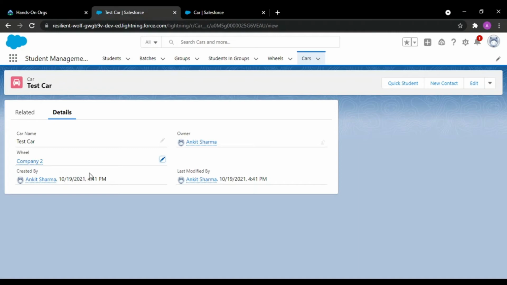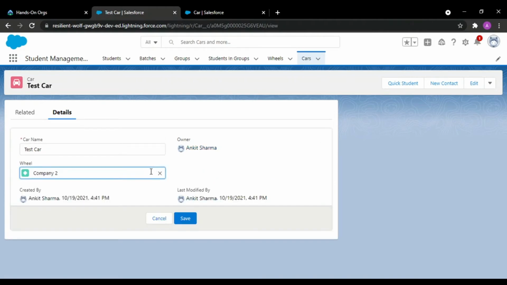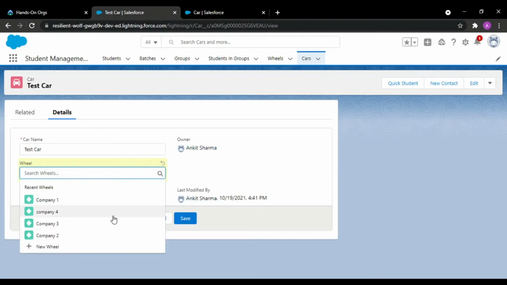I hope you guys understood the meaning, what is the basis behind the lookup relationship. In that lookup relationship, what it was telling is that we get a pop-up. That pop-up is nothing but this one, to search from where we want to have. So this is just a pop-up.